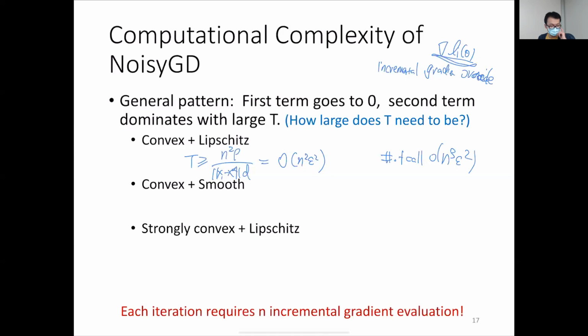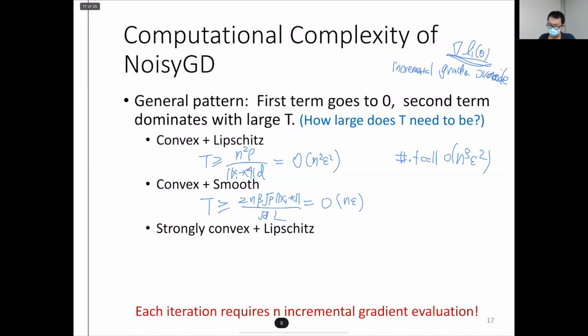For convex and smooth problems, the situation is a bit better. We've seen that t is larger than n beta times the square root of rho times the distance between x1 and x star, over the square root of d. This is roughly n times epsilon rather than n times epsilon squared, so it's a lot better. And when we have smoothness, then the computational complexity